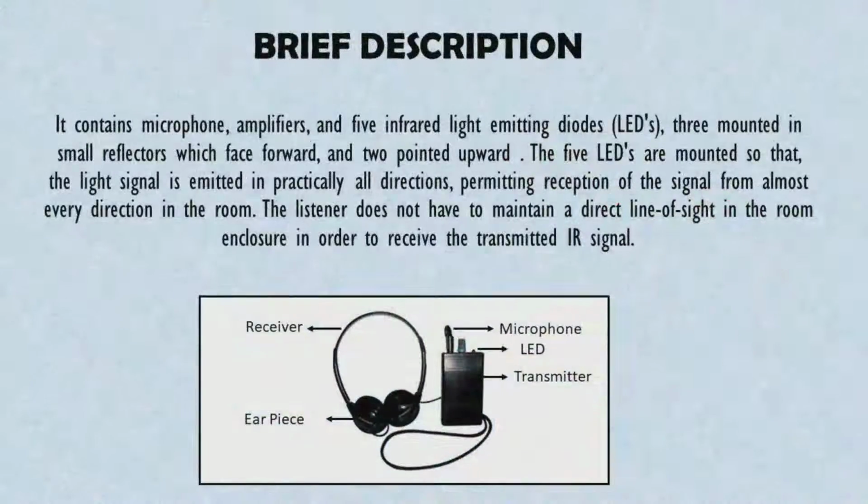It has a microphone, amplifiers and 5 infrared LEDs, 3 of which are positioned in small forward-facing reflectors and 2 of which are oriented upwards. The 5 LEDs are arranged in such a way that the light signal is emitted in virtually all directions, allowing reception from almost every direction in the room. To hear the transmitted IR signal, the listener does not need to maintain a direct line of sight in the